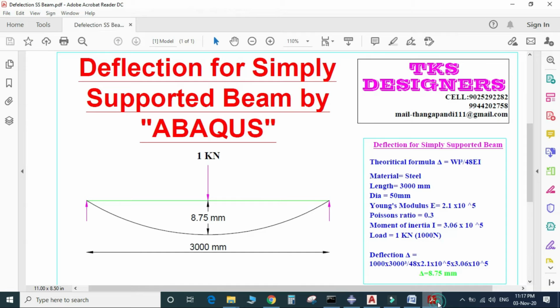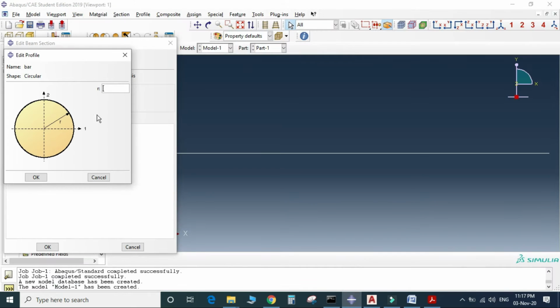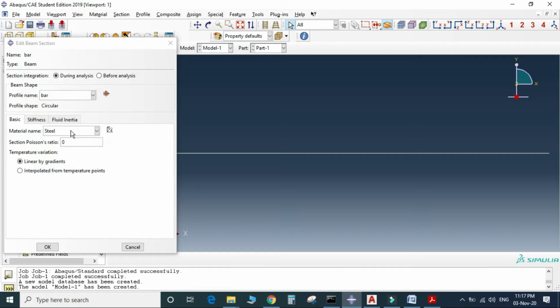Here the diameter of the bar is equal to 50 mm, so the radius of the bar is equal to 25 mm. Then the material name is steel and the Poisson's ratio 0.3. Then click OK.